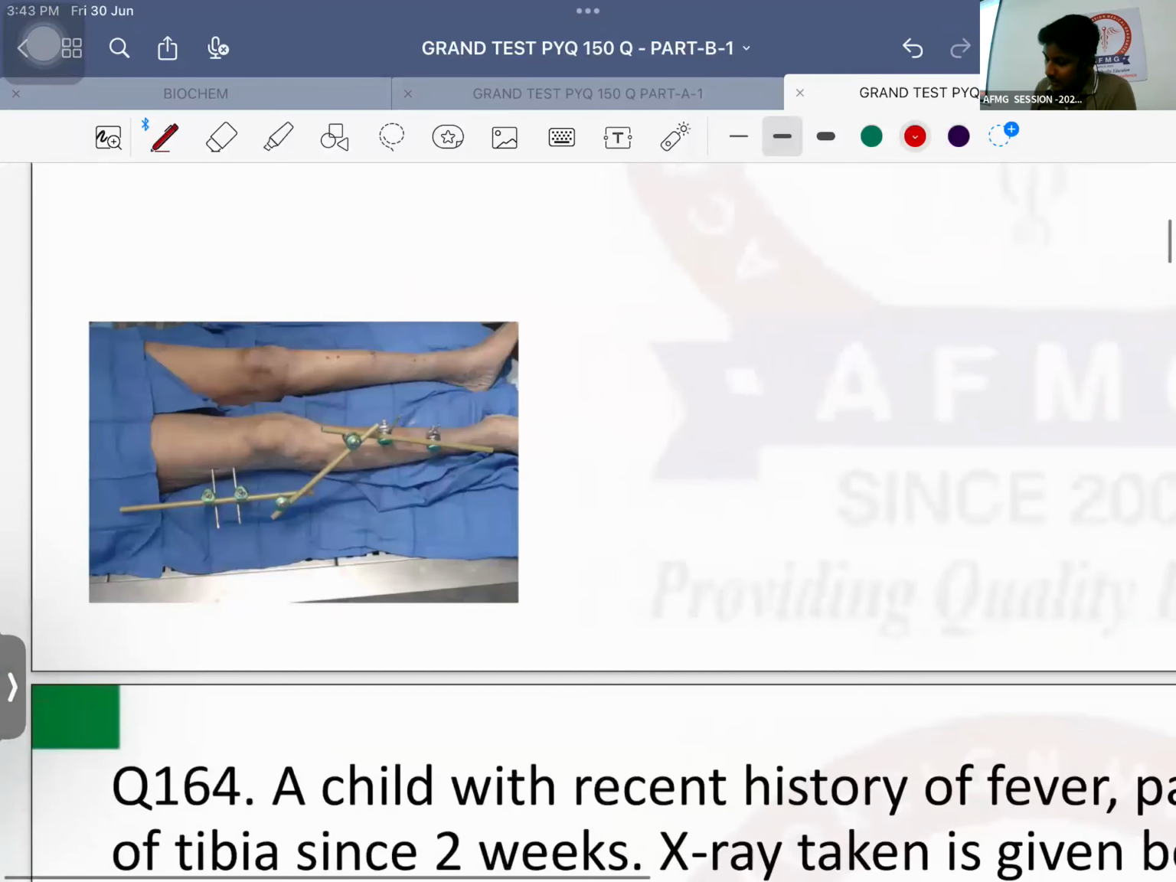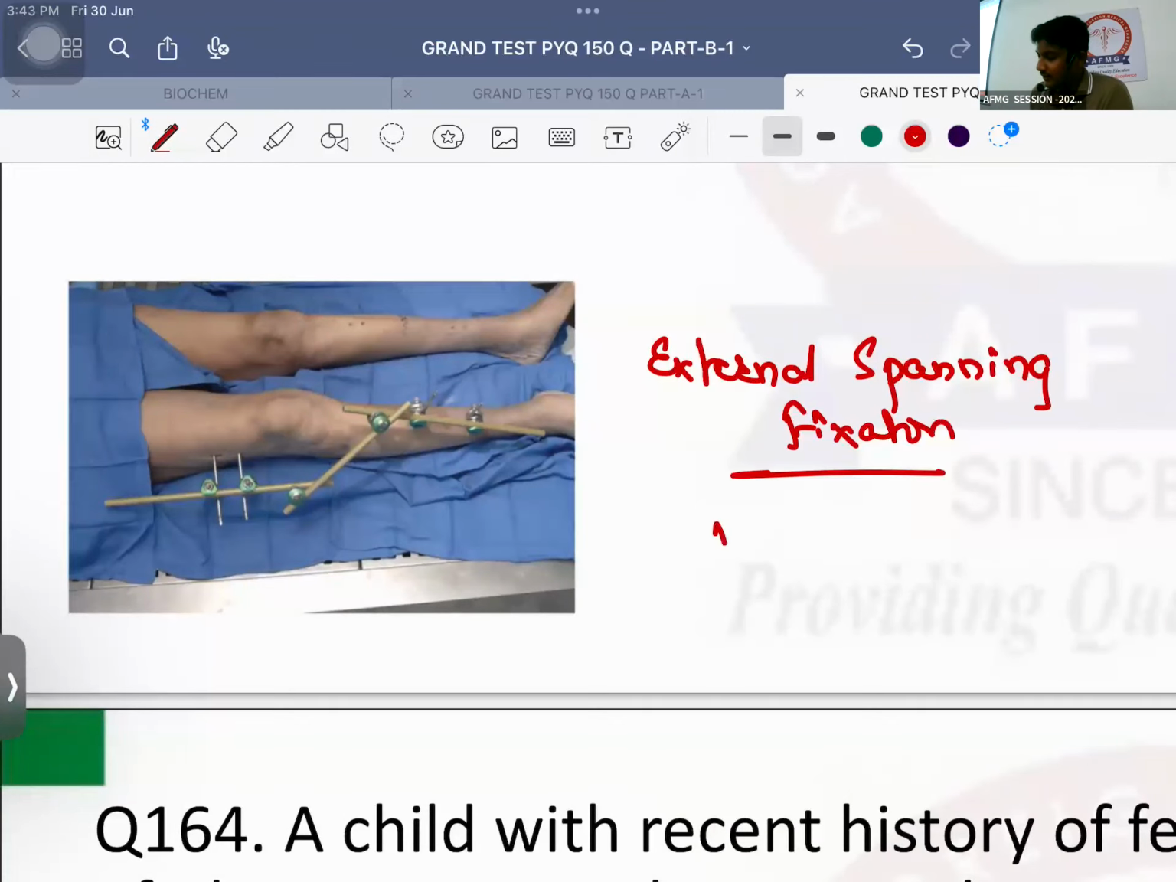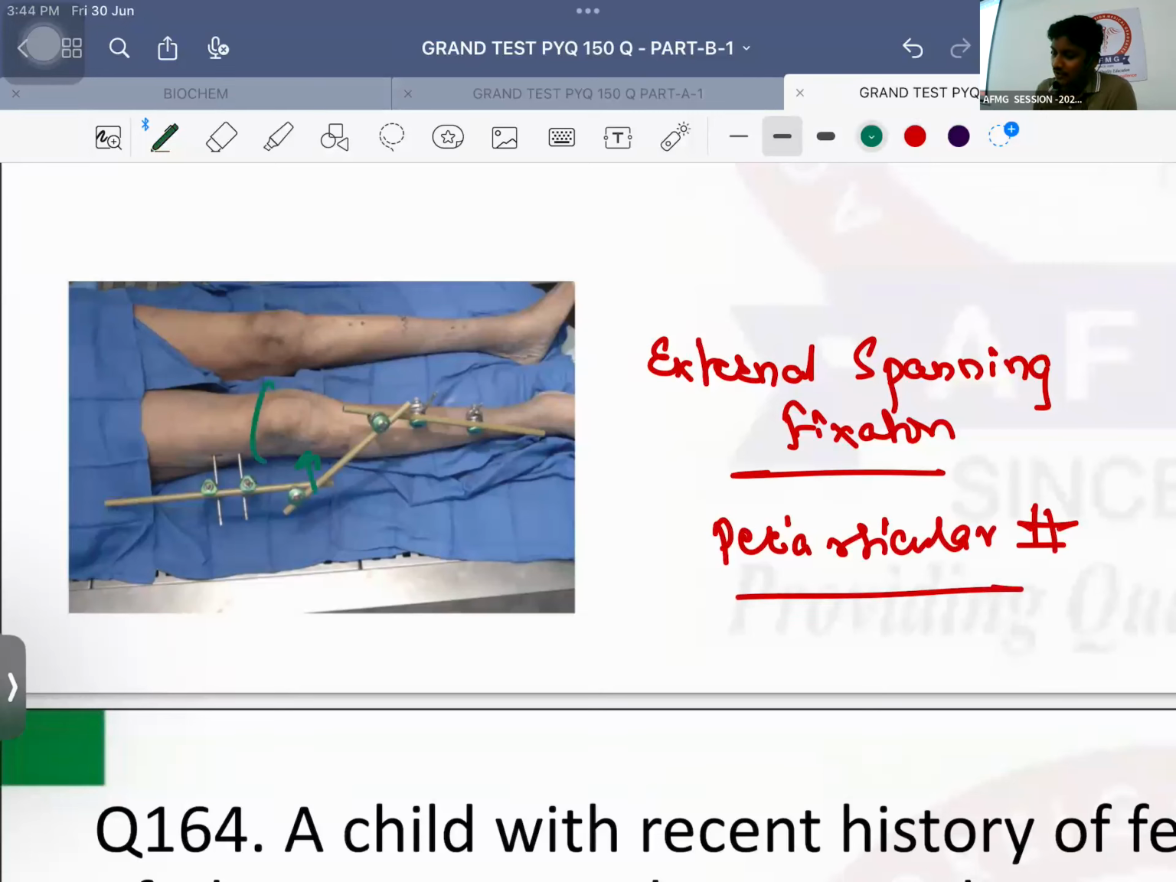Please remember, this was a recent NEET PG question, 2022. What is this you can see? Which fixator is it? Very good. External spanning fixator. And the question was, it is an external spanning fixator, but in addition it was asked for which fracture it is done. It is done for periarticular fracture. Articulation is what? Joint. So it is done for fractures around the knee joint. Okay? So any fracture over here in this area, periarticular fracture, we will go for this external spanning